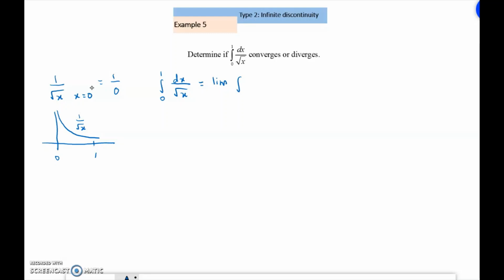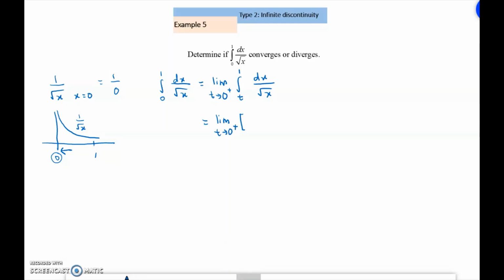So since the infinite discontinuity happened at x equals 0, our t will start at the lower limit up to 1. So t is approaching 0 from the right, so it will be positive, dx over square root of x. So now we write this in terms of limit. We can solve this integral